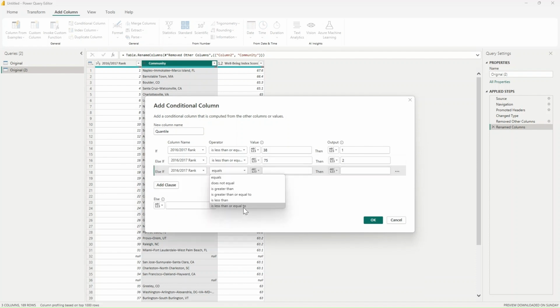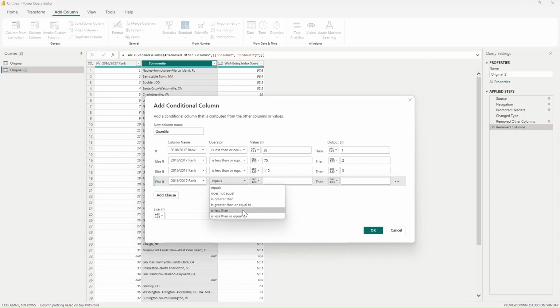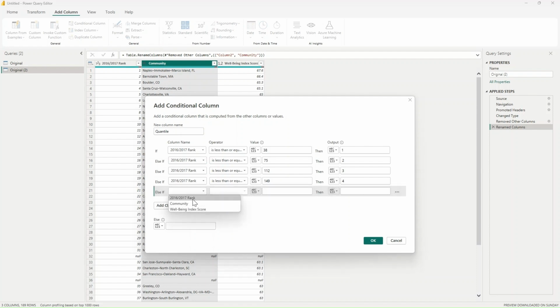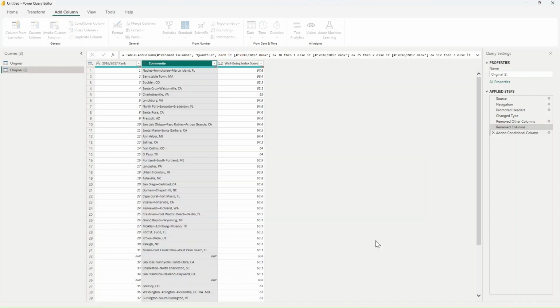If the rank is less than or equal to 112, then it is third quantile. If the rank is less than or equal to 149, then it is quantile 4. And lastly, if the rank is less than or equal to 186, then it is fifth quantile. And I'll click on OK.